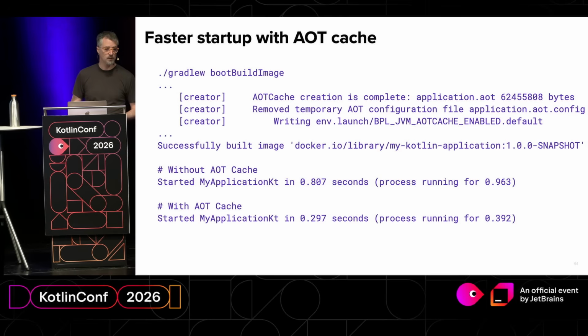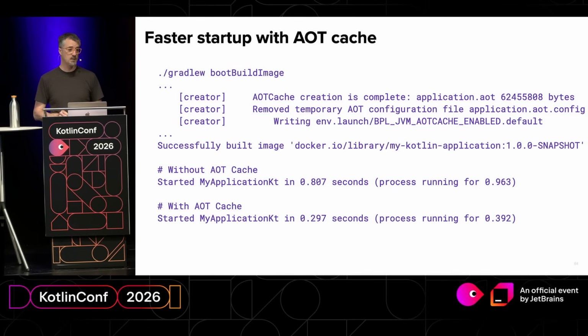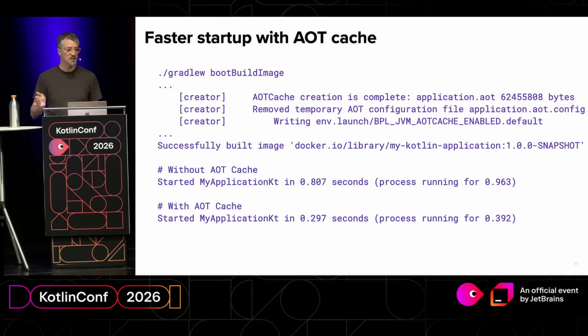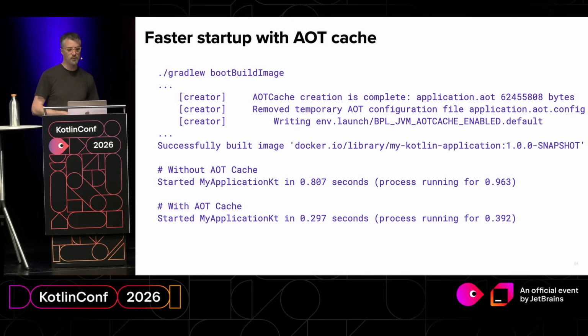This kind of feature, which currently allows a 2x boost, will start much faster and will be able to reduce the warm-up time. In addition to making the startup faster, if you are training your AOT cache on production workloads, it will be able to almost remove any warm-up. So in a few seconds, you will have peak performance immediately, also lowering the need for more powerful CPUs because you don't have to run the JIT, etc. So it's pretty cool to see that with regular Java,